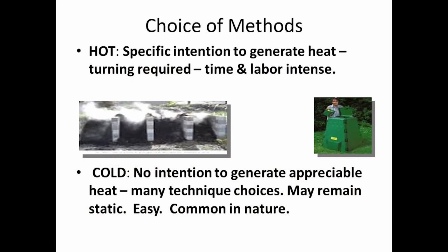So, choice of methods. Like I said, we've got a compost pile. It's all built up. We're looking at it, and we've got 2 methods: the hot and the cold method. Excuse me. Hot method, we're intentionally trying to create heat. That heat is caused by the microbes reproducing, breaking down all the carbohydrates and stuff in the compost material that we're working on. That heat, the hotter it is, the more they reproduce. The more they reproduce, the more of them there are to break down the